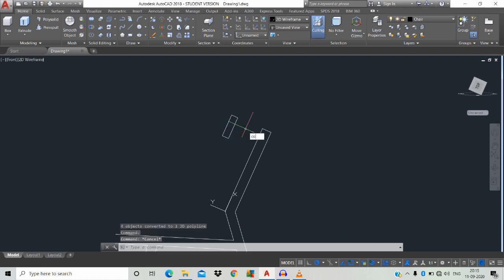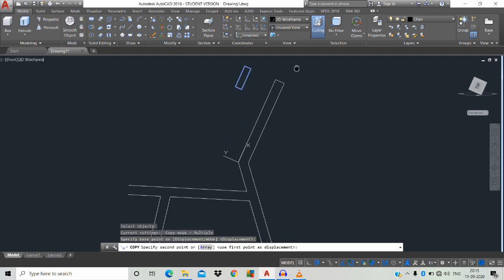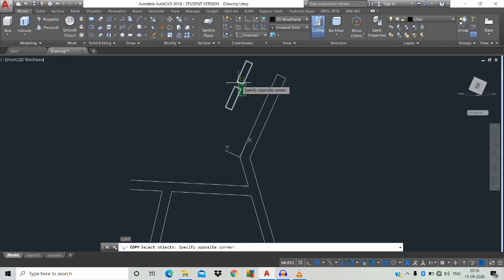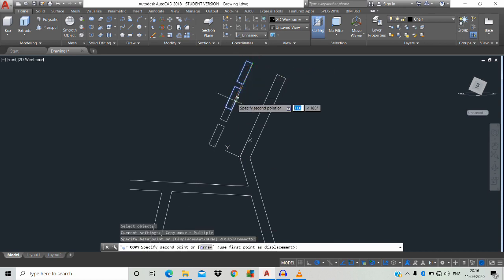CO space, click the object, space, just click this and move towards this direction, I mean towards this area. The length of the object is 17 mm and we need a spacing of 4 mm between two objects, so 17 plus 4 is equal to 21, space. Escape, CO space, click both objects, space, click this point as a reference, move towards and paste.